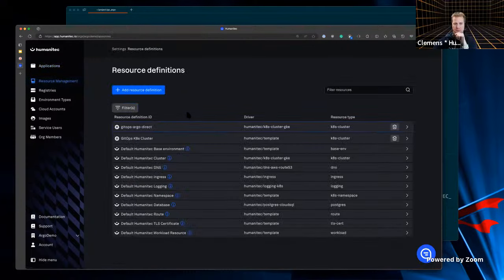I have resource definitions over here. I have two Kubernetes clusters. Actually, they are the same Kubernetes cluster, and that's the fun with resource definitions. I can have many which target the same thing in the end, and one of them is targeting directly here, so deploying directly to the cluster, and one of them is actually providing a Git target.